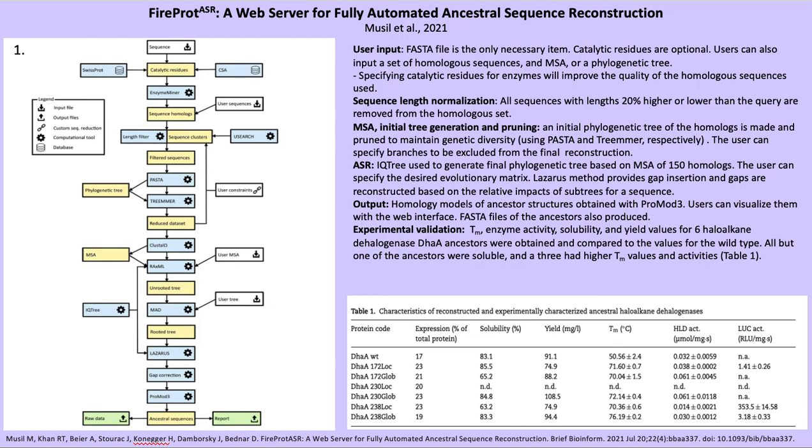Okay, so this presentation will be on FireProtASR, a web server for fully automated ancestral sequence reconstruction. ASR is a very useful process in protein engineering that generates ancestral sequences to a given wild type. It does this using evolutionary relationships and statistics. The ancestors of a given protein can be more stable, soluble, have better activity, etc., so they can be desirable